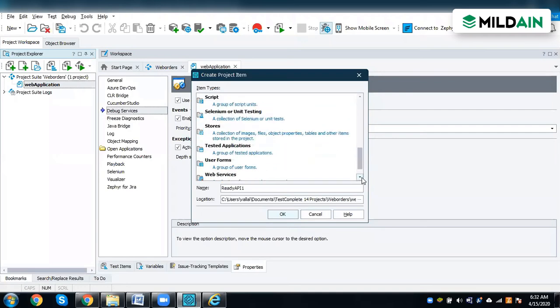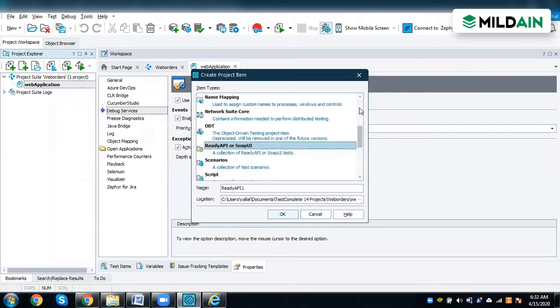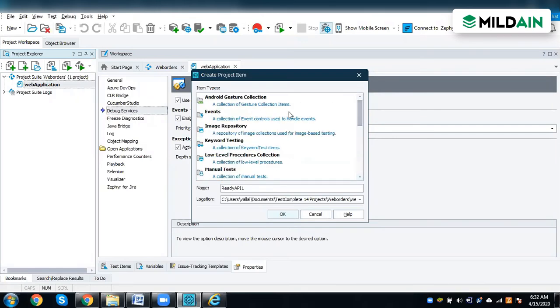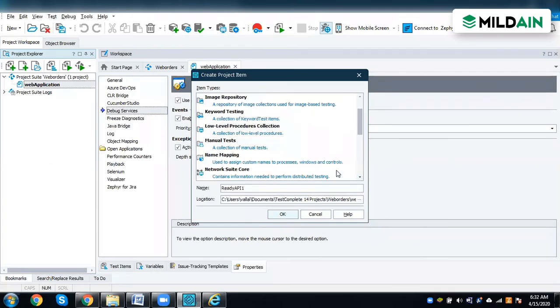Any questions? Yeah, that manual testing, why do we need to add manual? No, generally it is not required, but they've given a feature here. Assuming you want to write the manual test here only and maintain it, you can just maintain it here. But generally you will not use it, but it's a tool feature.